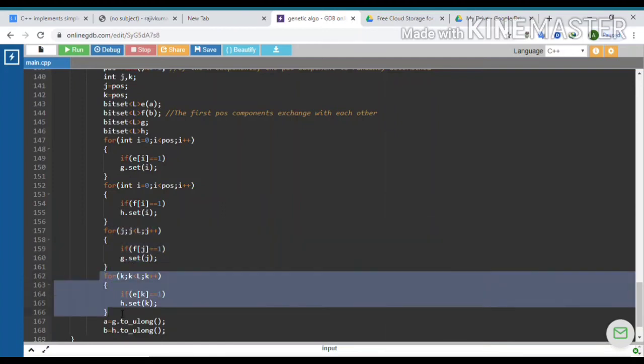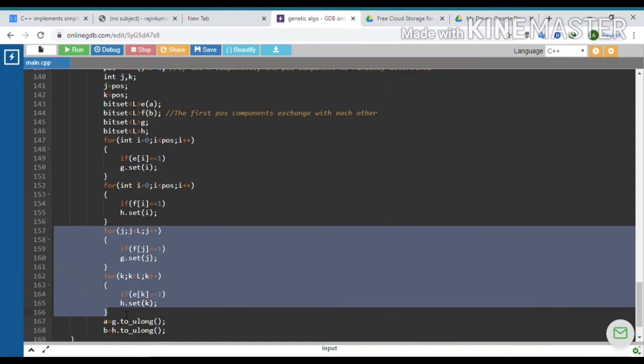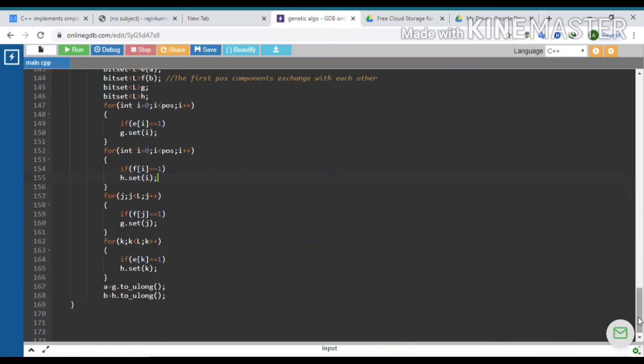Here we check for the kth bit of the E bitset. If it is set, then we set the kth bit of H. By doing so, we are doing the swapping of genes of both the chromosomes after that random position. After these operations, two new offsprings are generated, and we reinitialize the A and B chromosomes with those newly generated offsprings.